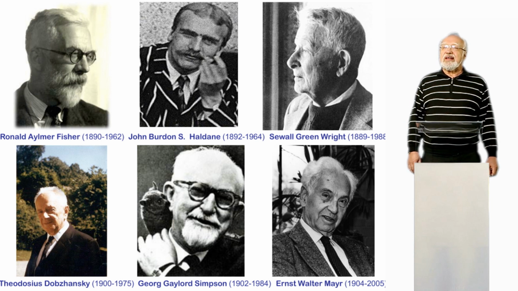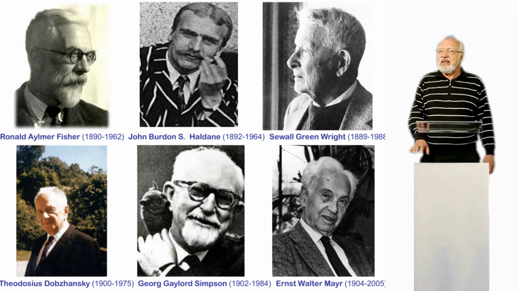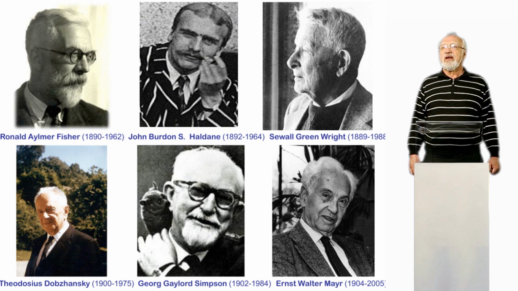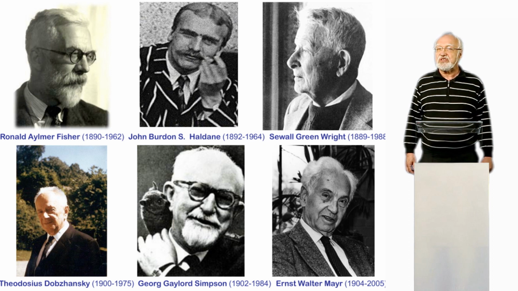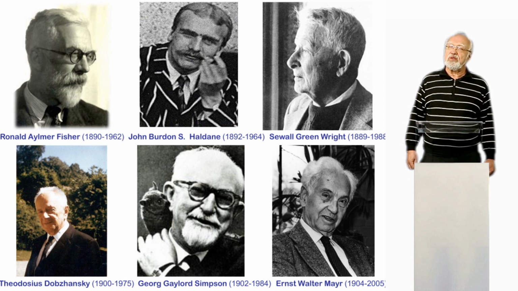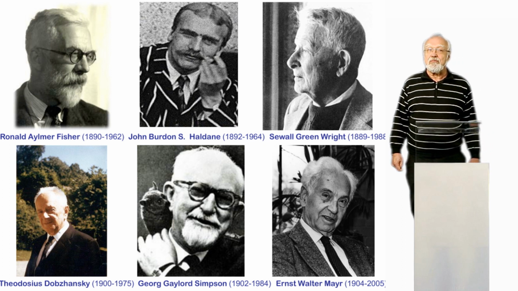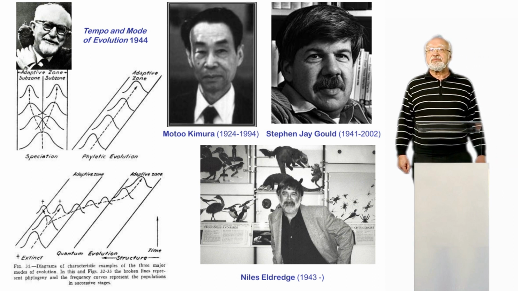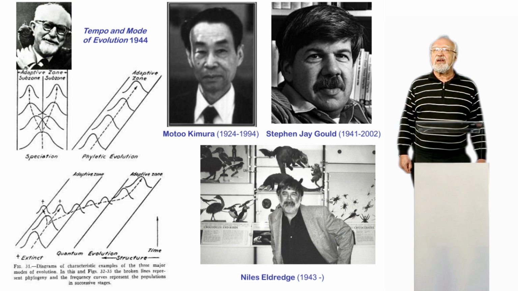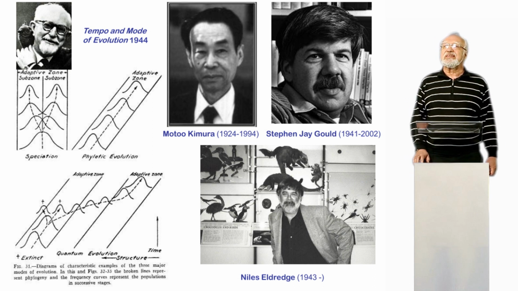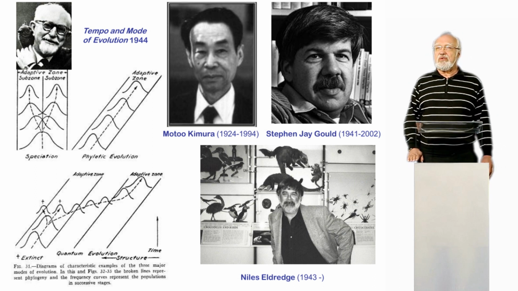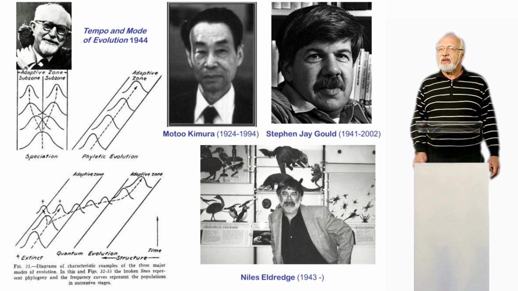In the middle of the 20th century, just at the time of the Second World War, three of these people developed the so-called synthetic theory of evolution. And this was Theodosius Dobzhansky, George Gaylord Simpson, he's a vertebrate specialist, and Ernst Walter Mayr. We will go to George Gaylord Simpson because he clearly shows three tendencies in evolution, and he made a clear separation between speciation events, where from a